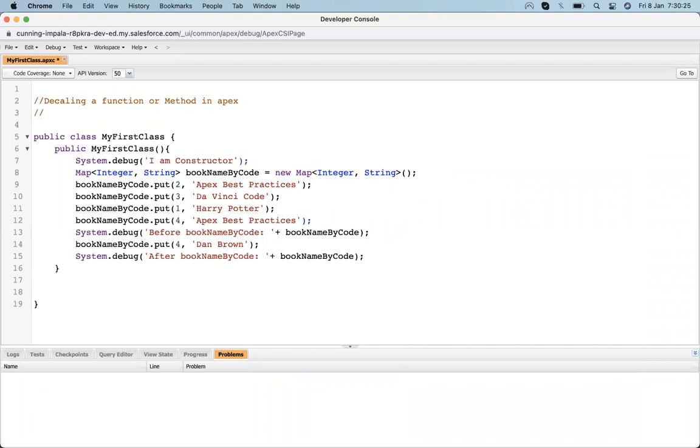Suraj, is there any way to run the class without debug mode? No, after that we need to declare some other things, like a main class and main method. And there is no other way, unless we use VF pages, that will help us to run the class. But apart from the debug method, we don't have any other method that will help us to run the class. Okay, thank you.